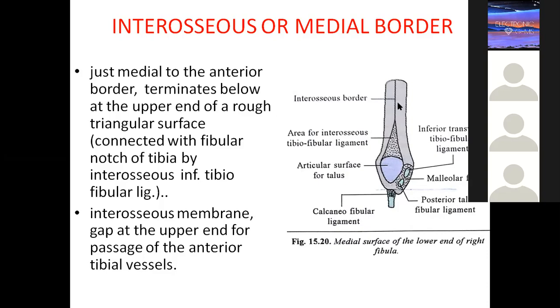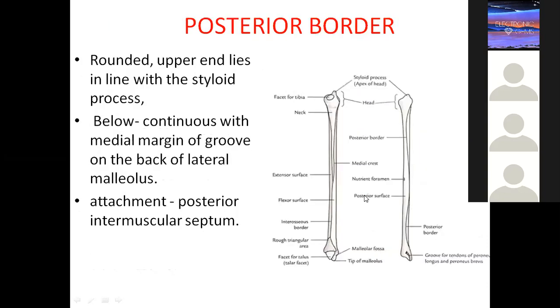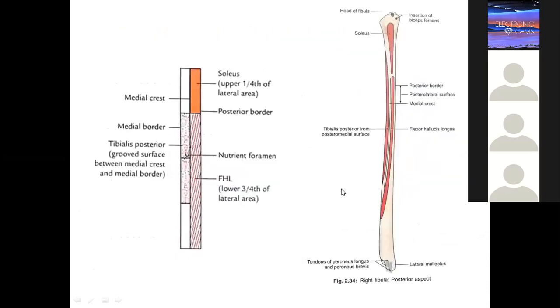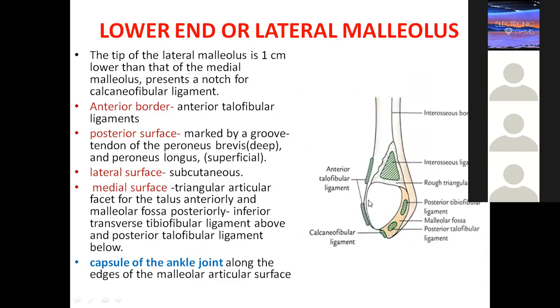Here this point will be for the inferior tibiofibular joint. So this is an area for the interosseous tibiofibular ligament. Like that, many attachments will be there. I'll tell you the simple way to remember. This is also the same thing, but again the triangular articular facet for the talus. Again, here you have the ligaments. This is for the interosseous. Different pictures are there.